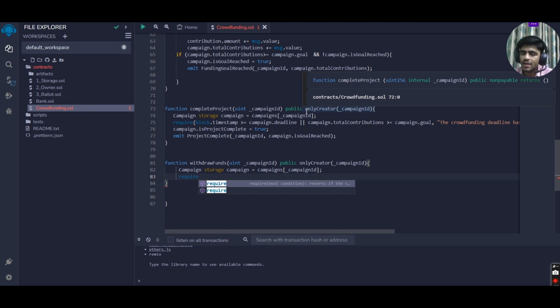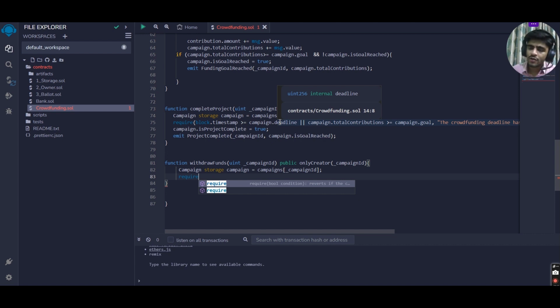say there are 10 crowdfunding campaigns going on, and each is able to secure some funds, so those funds will first come to the smart contract. Say one of the campaigns achieves its goal, and the owner marks that project as complete. So after marking that project as complete, if we only keep one check before withdrawing the funds, that the project should have been completed,